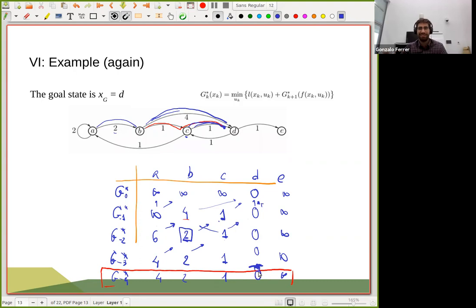Okay, this is 0. So we have reached a cost to go function that remains the same regardless of doing more and more lengths, right? So we have discovered that the optimal cost to go for node A is cost 4, which is exactly this, right? We go to B and then C, D. So this is length 3. For B, it's only length 2. For C, it's only length 1. And then for D, it's staying the same. It doesn't matter if you try to look for larger trajectories because we have already reached this optimum, right? There's not going to be a better way for us to reach this desired goal.